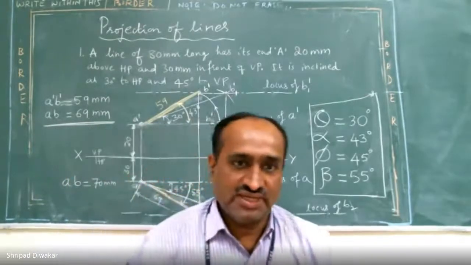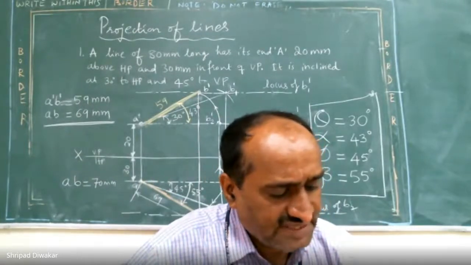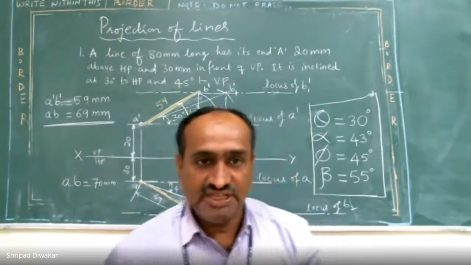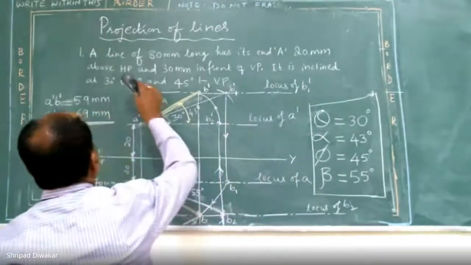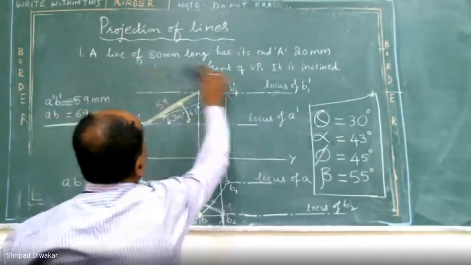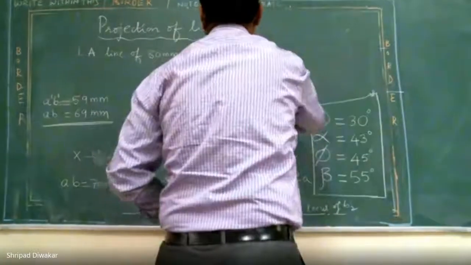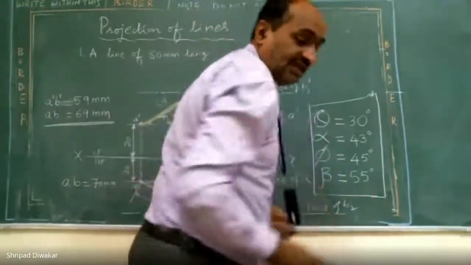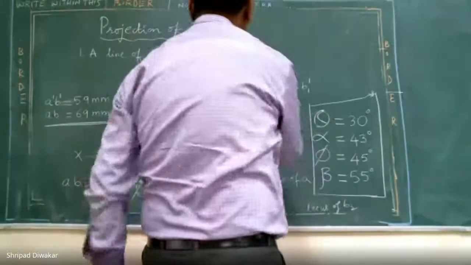Okay, now I'm going to the next problem. You only analyze. A little bit of difference is there. You only analyze and tell me. A point in line of 80 mm long. So same problem, you tell me what is the difference. My line is 80 mm long, inclined to HP at